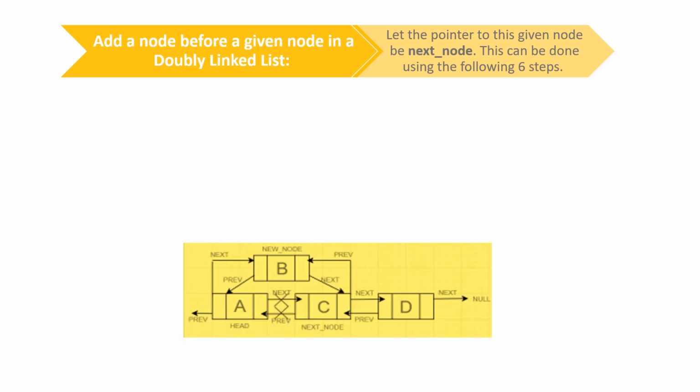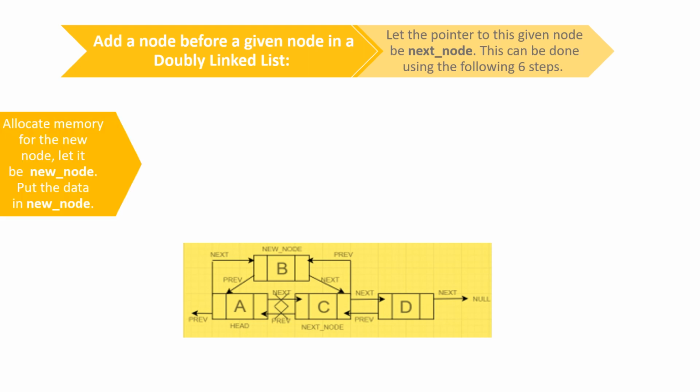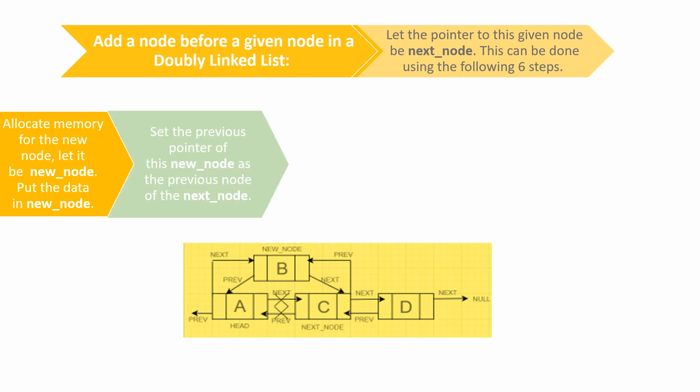This can be done using the following steps. Now we are going to insert a node B before a node C. That is, node C is given as the next node, and before that we are inserting the new node B. Now we are going to allocate the memory for the new node, put the data in the new node, and now set the previous pointer of this new node as the previous node